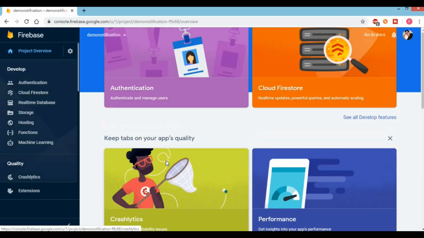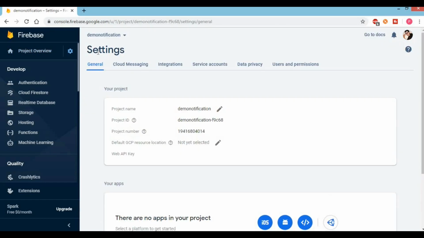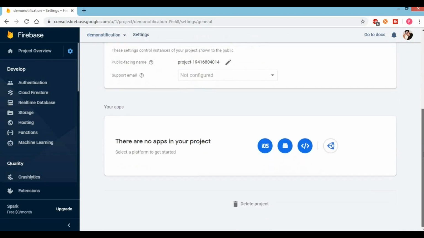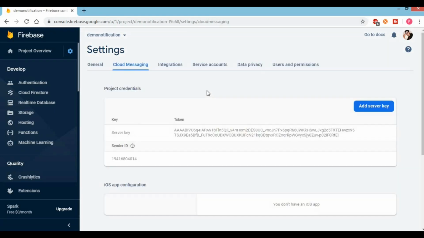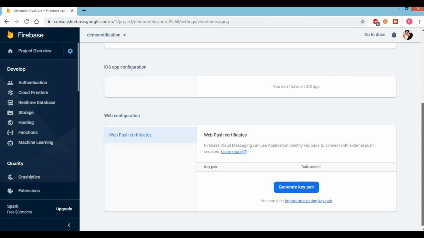After pressing continue, it takes you to the dashboard of the Firebase project that you have created. You can check the settings of your project by clicking on the settings icon and then project settings. It will give you an overview of the settings of the project that you have created, like project name, project ID, project number, etc. On the right side of the general settings, there are cloud messaging settings. If you click on the cloud messaging settings, it will show you the settings related to cloud messaging that are important for us.